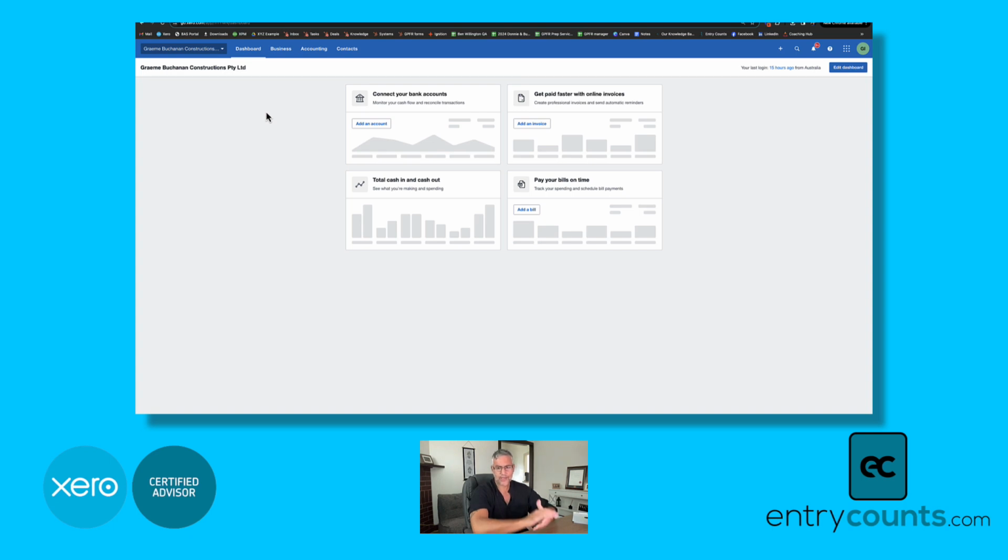In this example here, we have a construction company with a couple of directors, and we're going to prepare annual reports so they can be lodged with ASIC because it's a large proprietary limited company. Okay, so